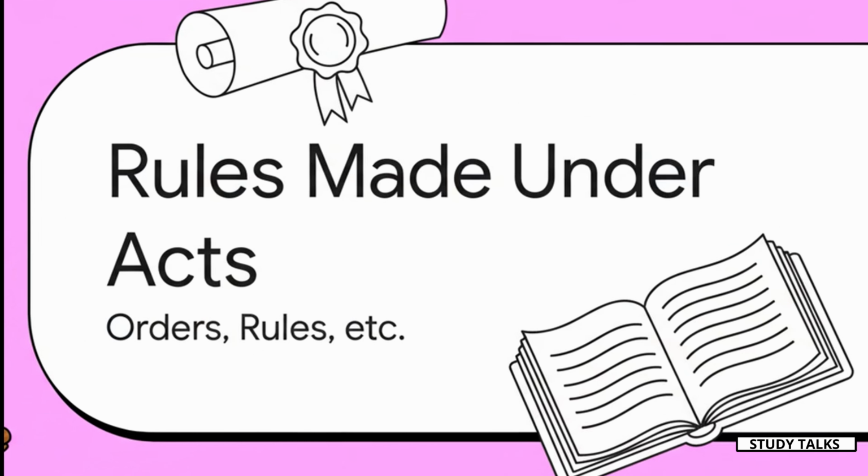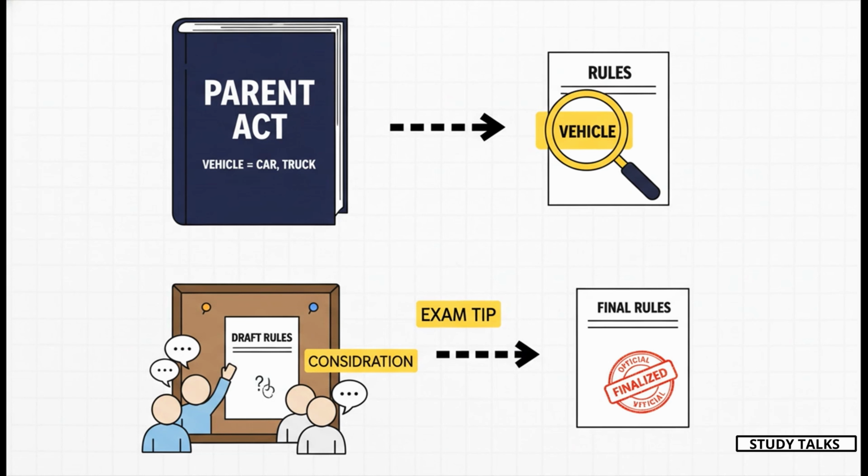And finally, let's just briefly touch upon our last part here, which covers the rules about the rules, basically how orders and regulations made under an act are supposed to work. The key principles here are consistency and fairness. Section 20 says that any terms used in rules or bylaws have to mean the same thing they mean in the parent act. So the land acquisition rules can't just invent a new definition for collector that's different from the main act. Also, for transparency, before new rules are finalized, their drafts must be published for the public to see and comment on. This ensures these powers aren't used in secret.